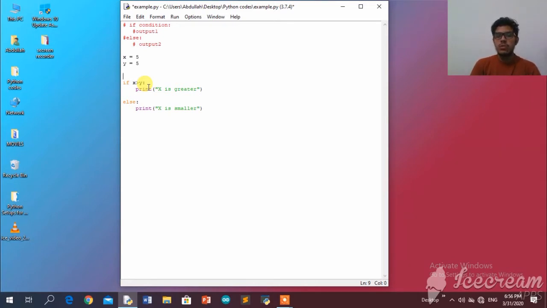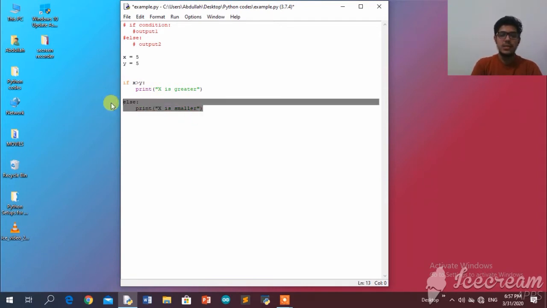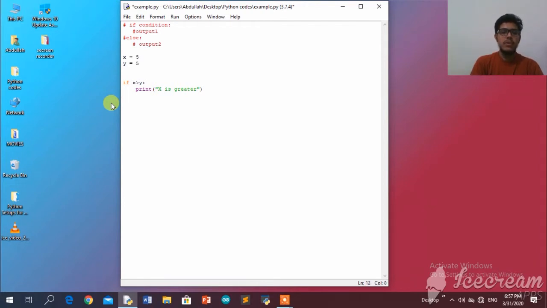So what if we want to check different scenarios? For example, we want to check that x is greater than y. If that is false, then also check x is smaller than y. If that is also false, then check x is equal to y. So we want three different outputs in three different scenarios. For that we have to use multiple if statements. Just remove this else statement from here and write multiple if statements. For example, if x is greater than y,